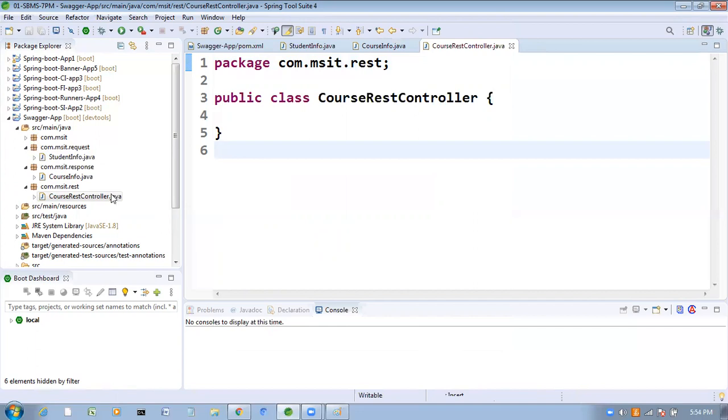Right, first go to the request file, studentinfo.java.